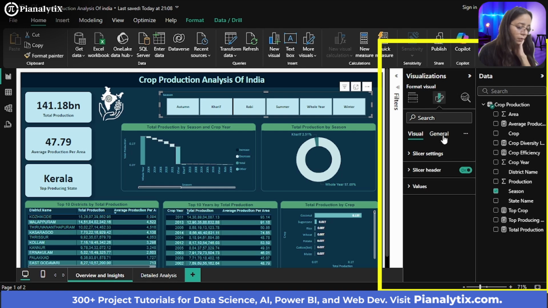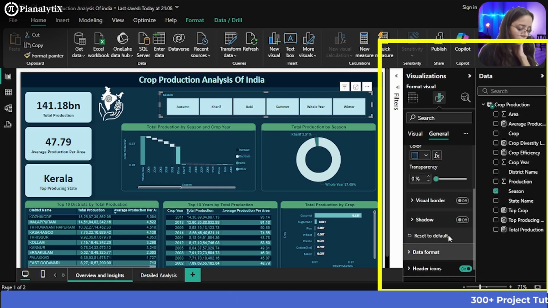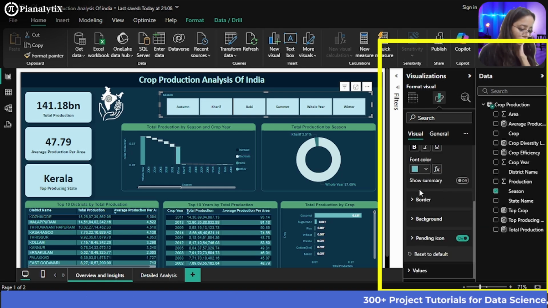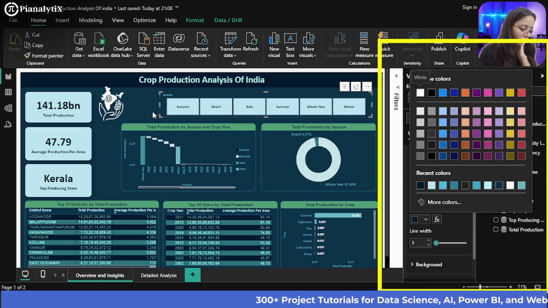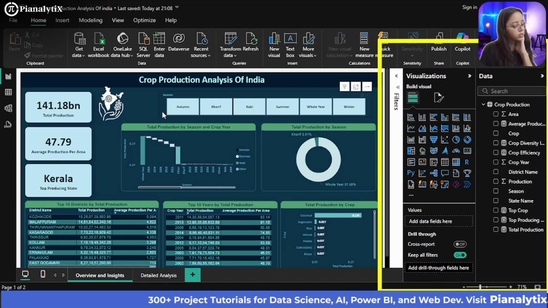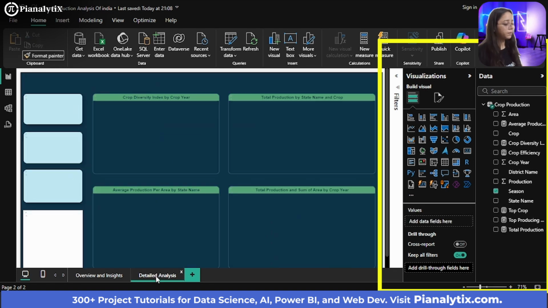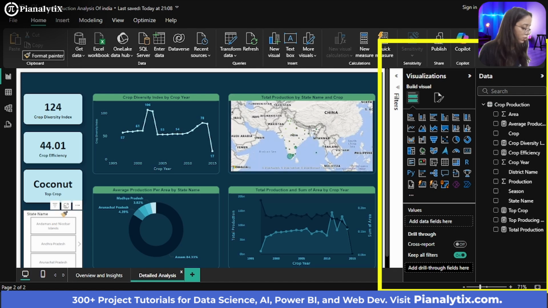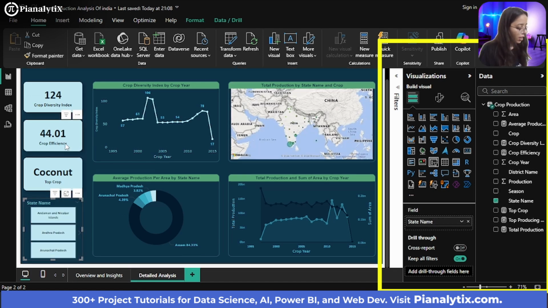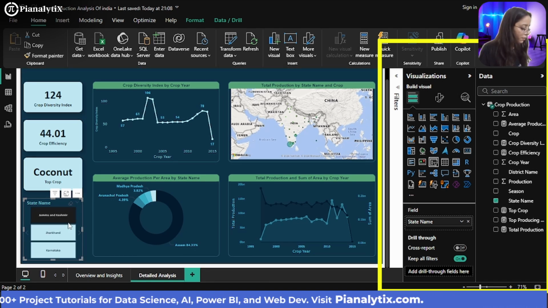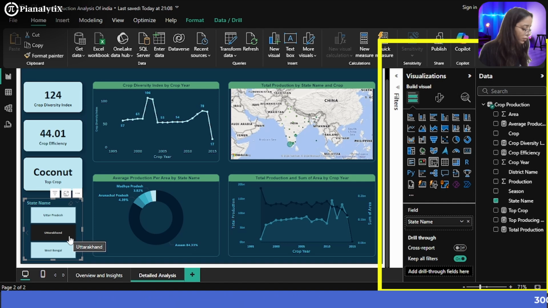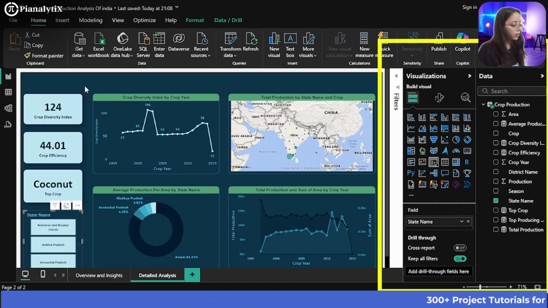And you can switch off any borders also if there are any. So just click on this slicer. You can use format paint here, and go to the second report, and click on this state name slicer, and most of the work will be taken care of. So for example, if you want to see another state, you can simply scroll down and see it for others also.